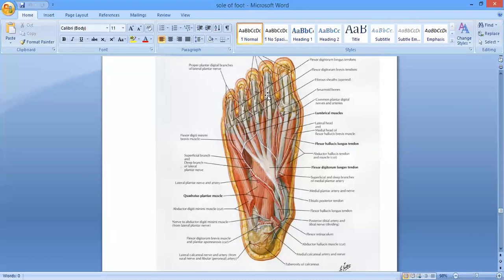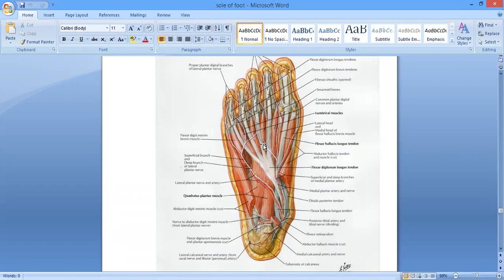आपको याद है जी flexor digitorum brevis की insertion कैसे थी? You remember जी? This tendon is going to perforate through the tendon of the flexor digitorum brevis and is going to be inserted at the base of the distal phalanx of the lateral four toes. ठीक है जी? Clear? Problem नहीं है बच्चे यहाँ पे? Can anybody reply me जी? कोई problem तो नहीं है? No, sir. Is it clear now?